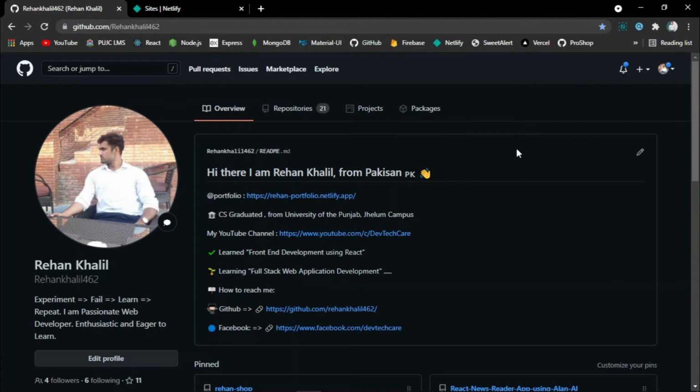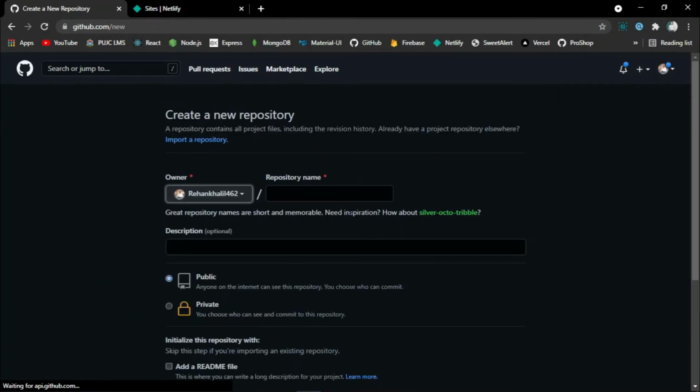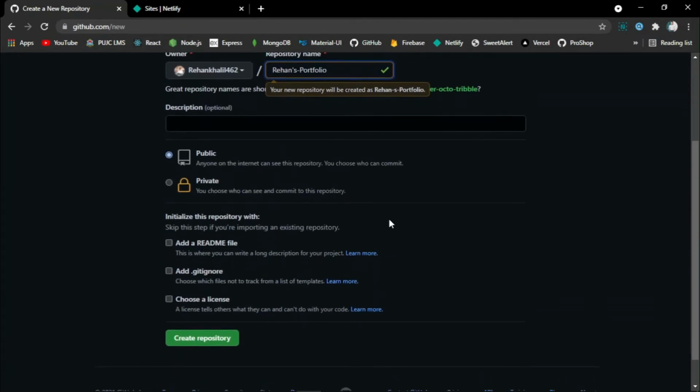So I am now at the dashboard of my GitHub profile. Just click this plus sign and create new repository. After that, name it whatever you want. After writing the name, just click on create repository.